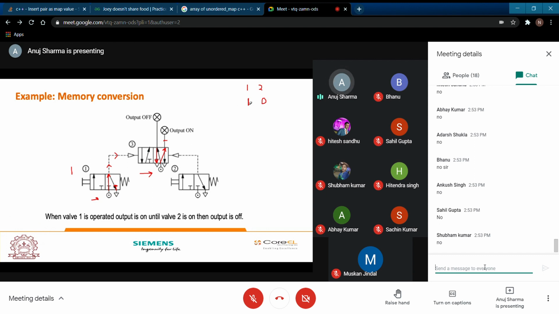When 1 is 1 and 2 is 0, what does it mean? That valve 2 is not activated, so no pressure is applied to this particular position. Then your output is on, so it will be 1.